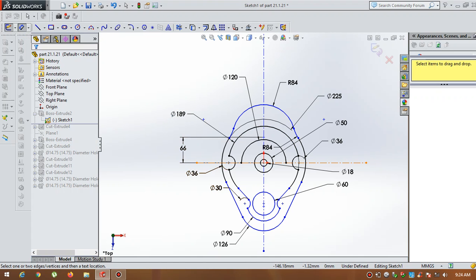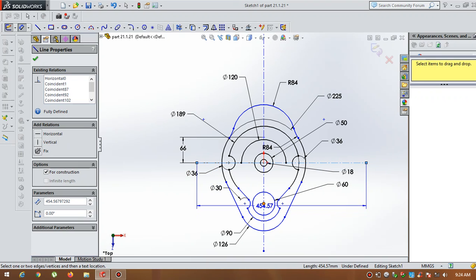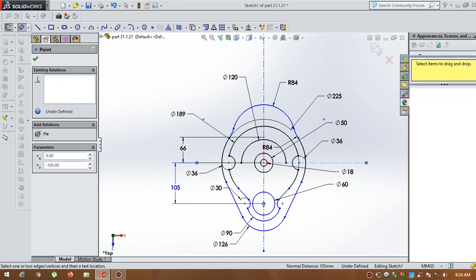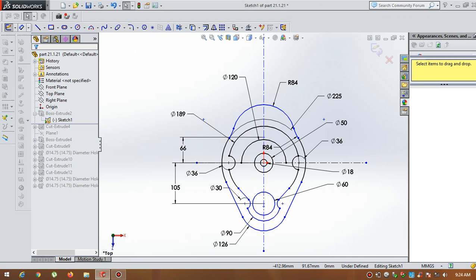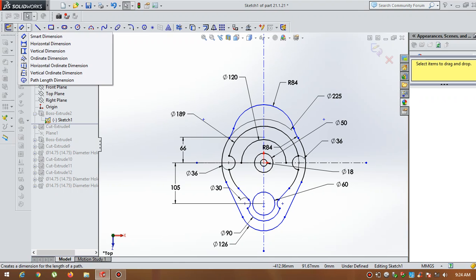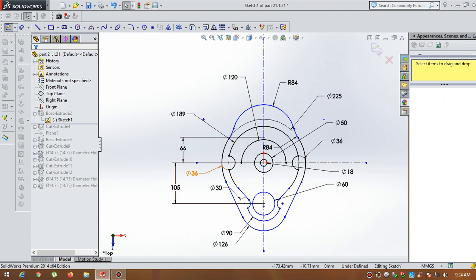Select this horizontal line and select this center point. The distance is 105. Give OK. Again I offset 105 distance from the horizontal line. From the center point I drew a circle of diameter 30, and again I drew a circle of diameter 90.